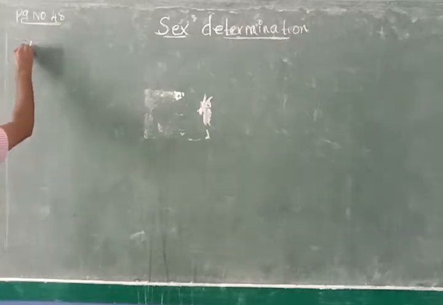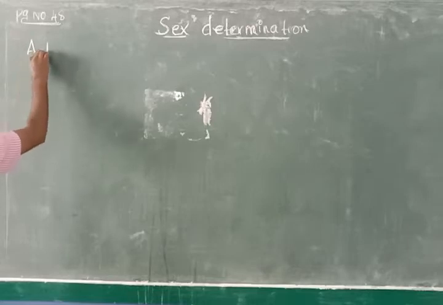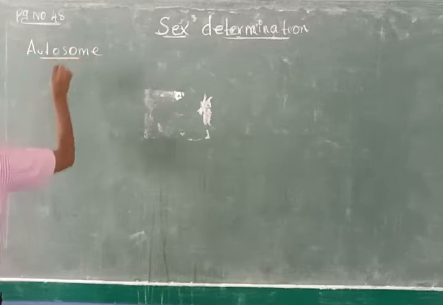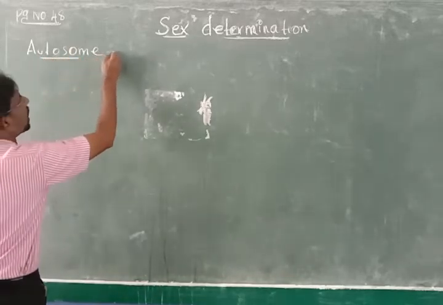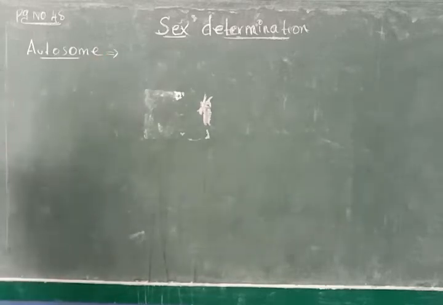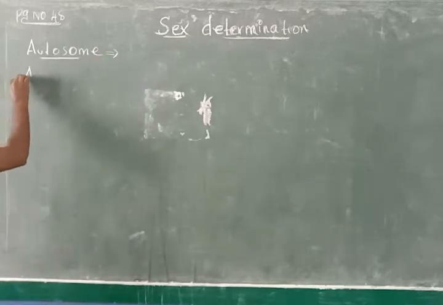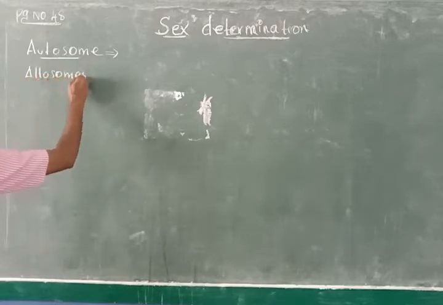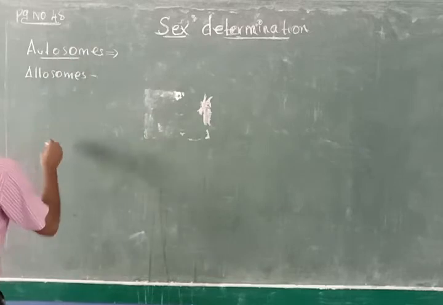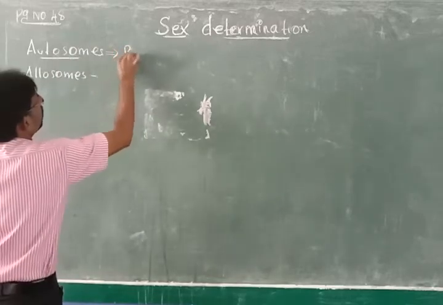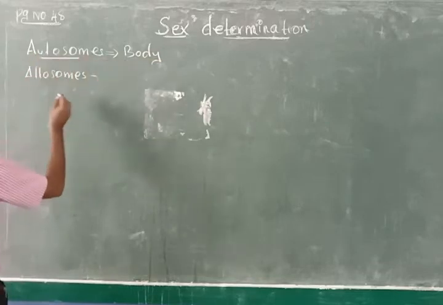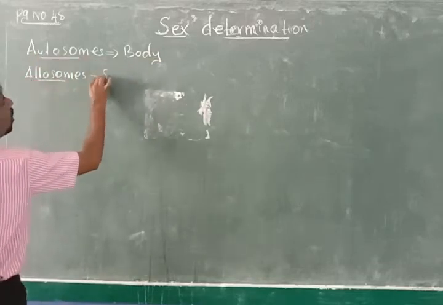That is, number one is autosome. Autosome is otherwise called body chromosomes or somatic chromosomes. So autosome will always decide your body characters. And another chromosome is the allosomes. Allosomes are the sex chromosomes. So autosomes and allosomes: autosome decides your body character and allosome decides your sex